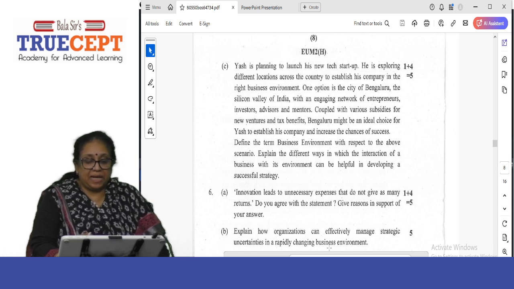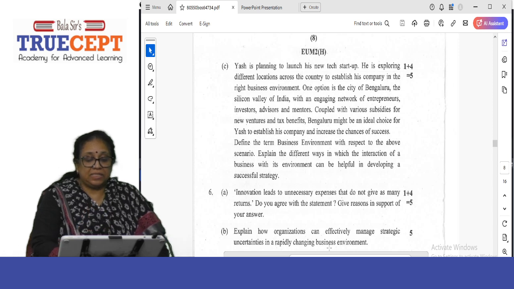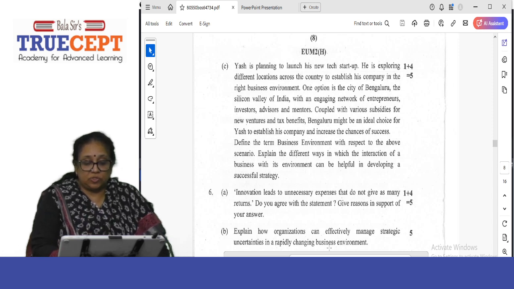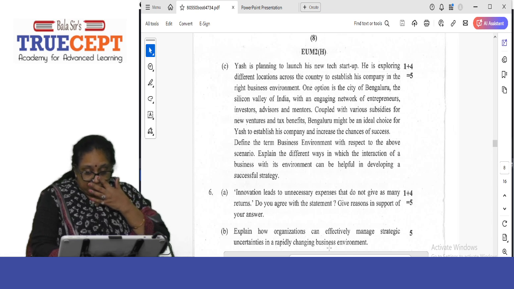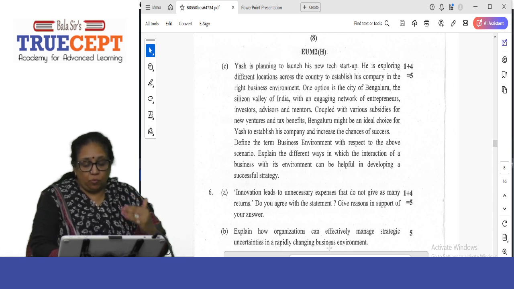Bengaluru might be an ideal choice for Yash to establish his company and increase his chances of success. Define the term business environment with respect to the above scenario. Explain the different ways in which the interaction of a business with this environment can be helpful in developing a